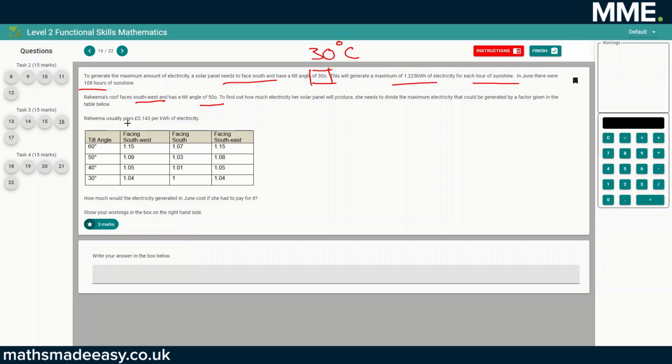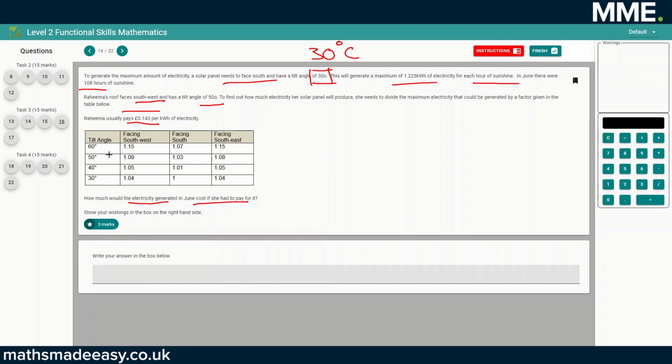We're also given the typical price she pays per kilowatt hour of electricity, and what the question's asking from us is to find out how much the electricity that the solar panels produce in June would cost at her standard electricity rate. So to find the factor,